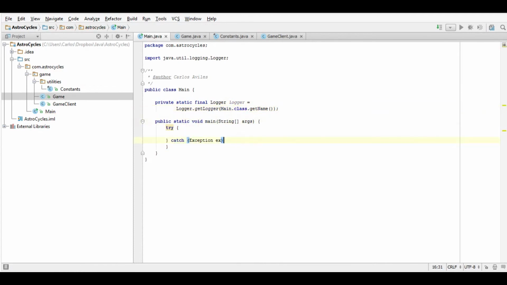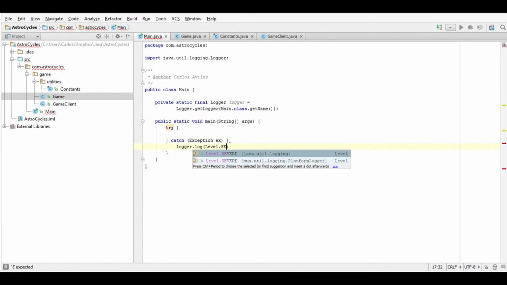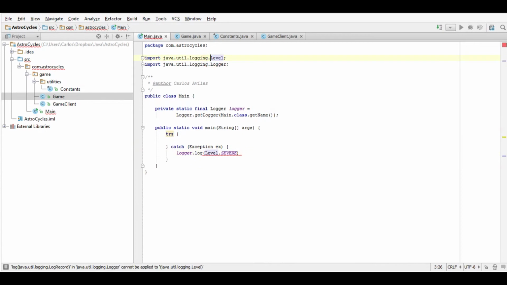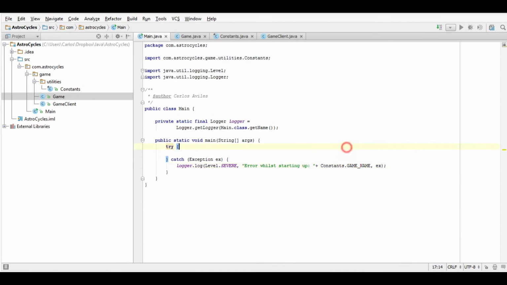And logger.log Level.SEVERE. Import that. And then you can have that, or you can add in this parameter, the thrown parameter, which is the exception, and then error while starting up, Constants.GAME_NAME.